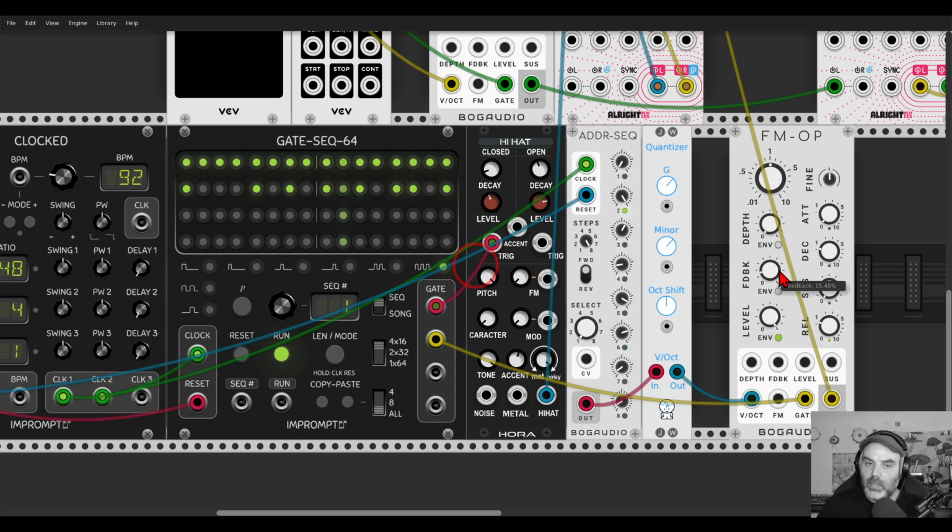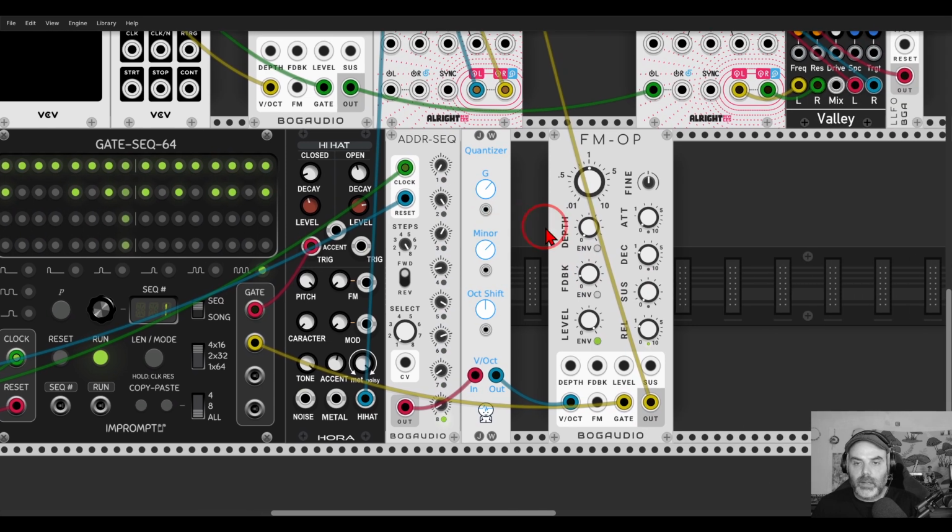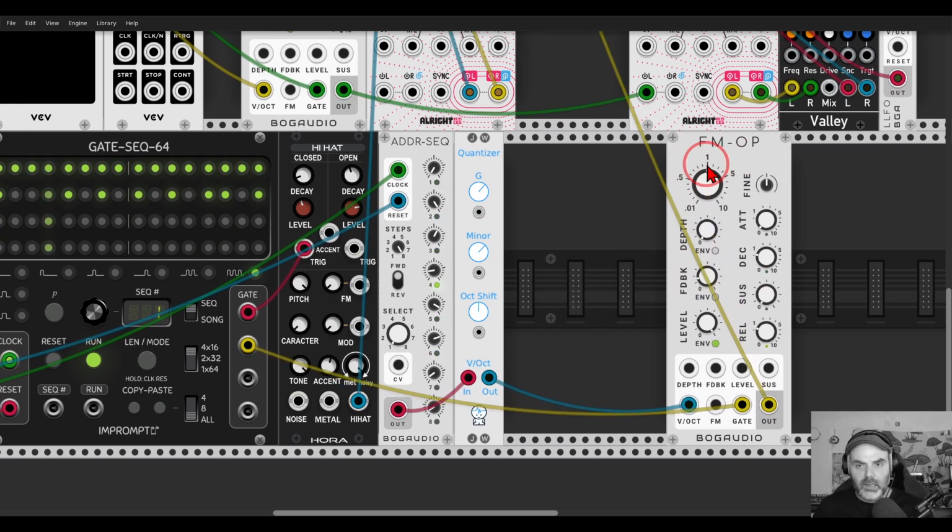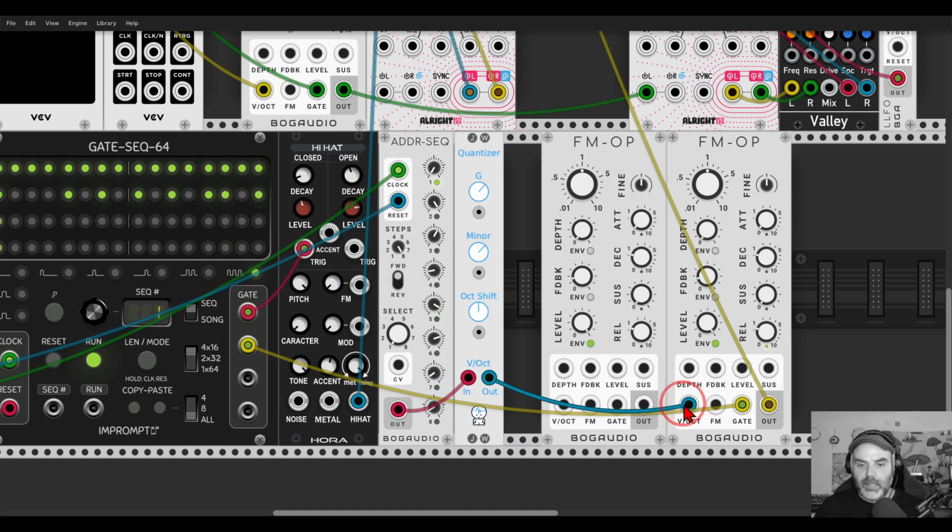I got a really interesting rhythm here. Right? Let's turn this voice to an FM voice. This is nice. No, seriously, this is really nice. So we have a